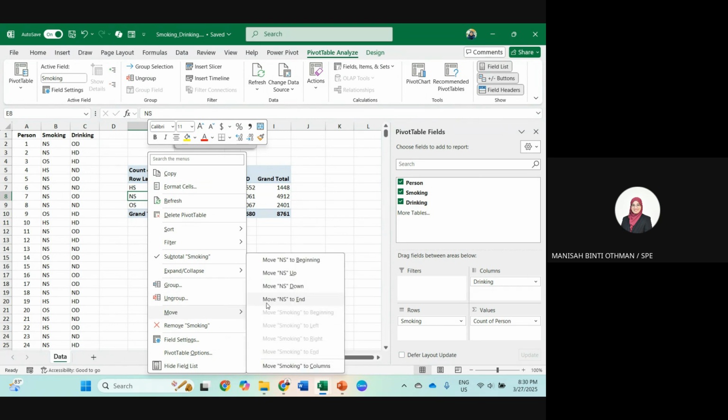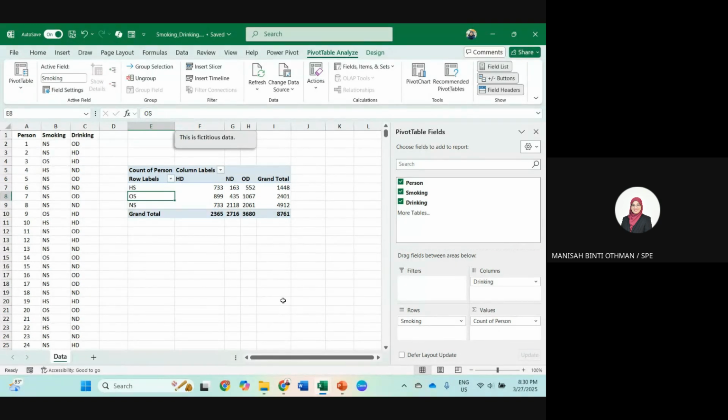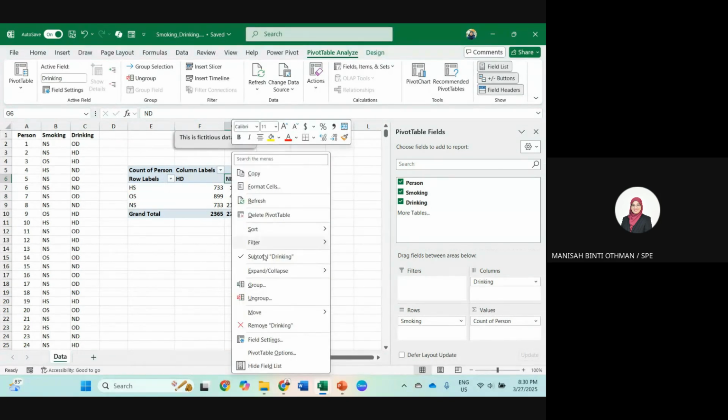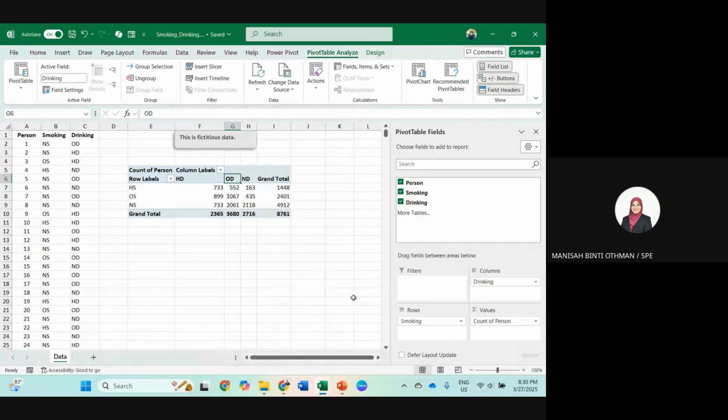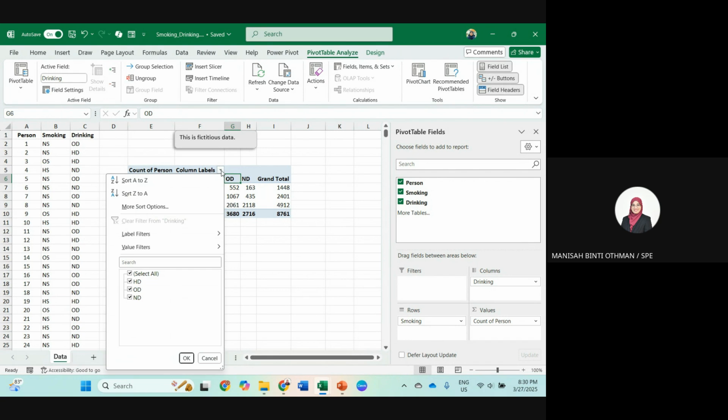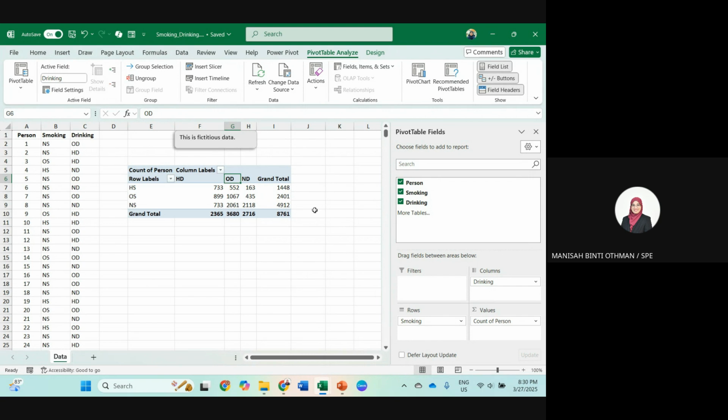I want to arrange it to start with heavy, ordinary, and none. Move to N. So heavy, ordinary, and none. If you want to filter, you can use the arrow here.